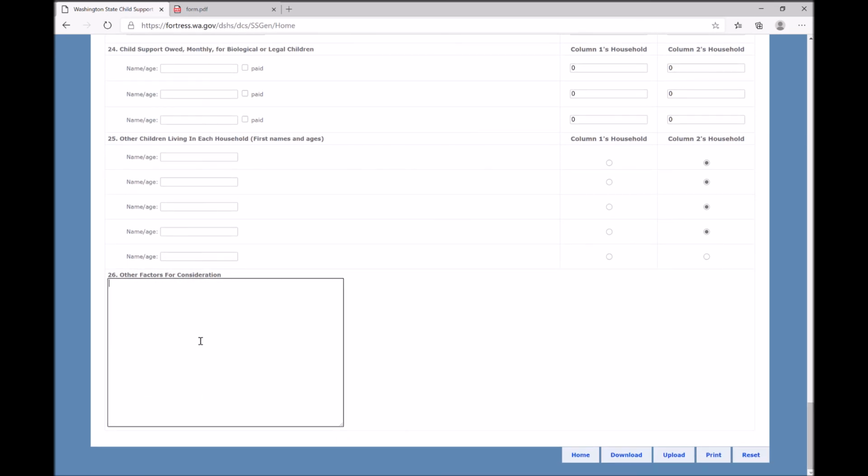Other factors for consideration, this is just an open text field. So what happens now is, since we've computed all these numbers, this is simply a calculator. These numbers are then going to be printed out into a file, most often a PDF file, that you just submit in the court records with your petition to modify child support, or if you're responding to a petition to